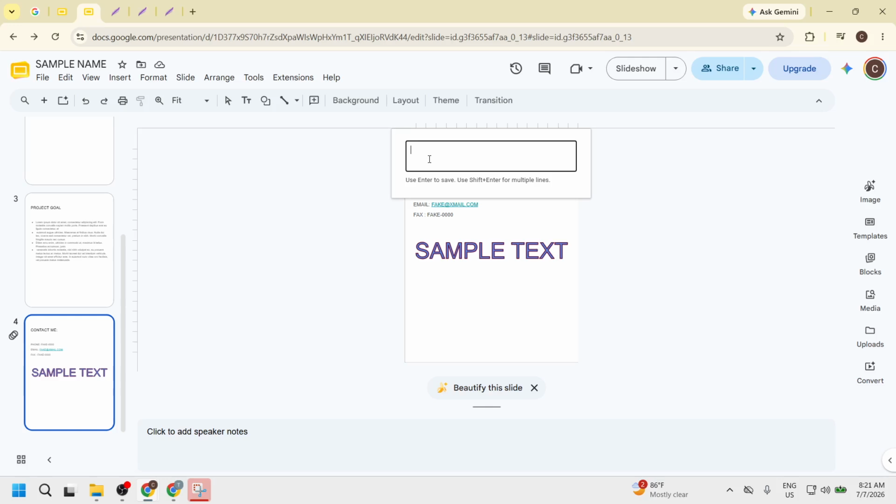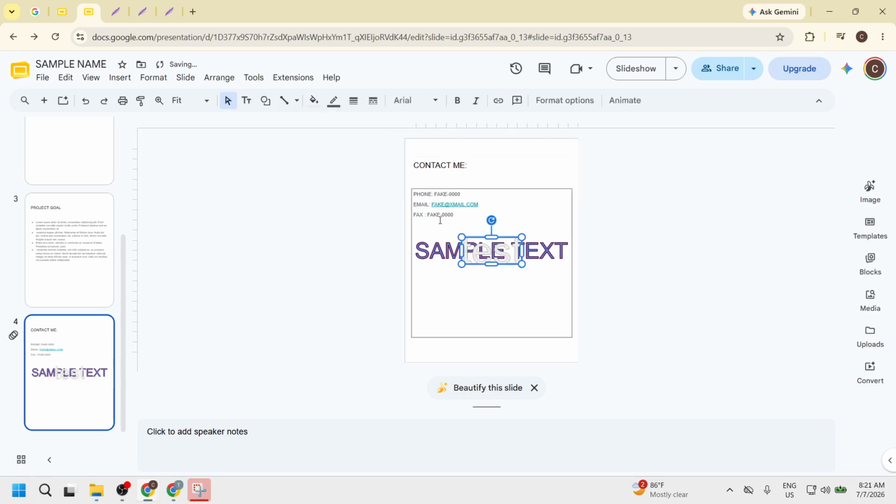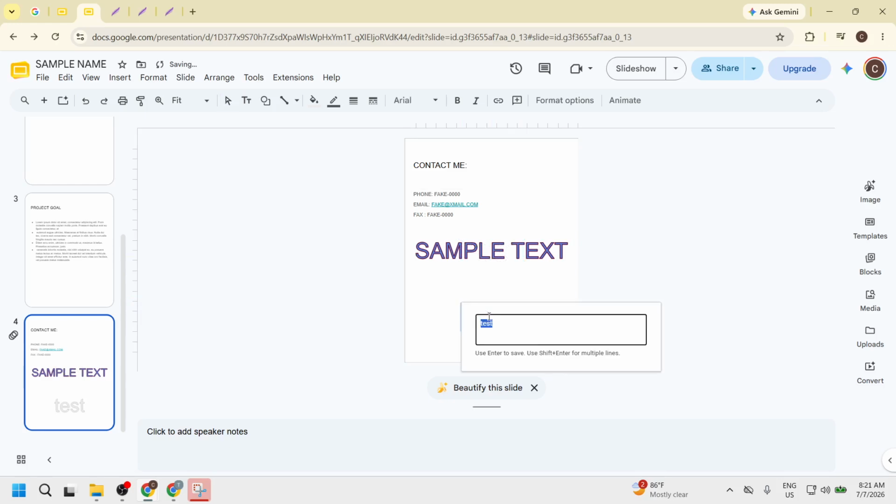Now, type your text into the box that appears and press Enter. This is where your creative vision starts taking shape. You can type anything you like, whether it's a title, a quote, or a fun phrase. Pressing Enter confirms your input and generates the word art. Be sure to double-check your spelling, as this part will directly influence how your bubble letters look.